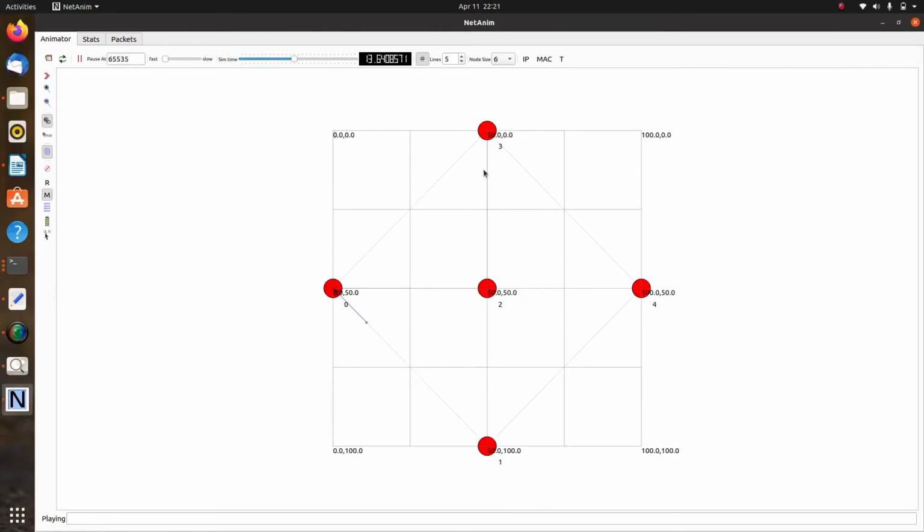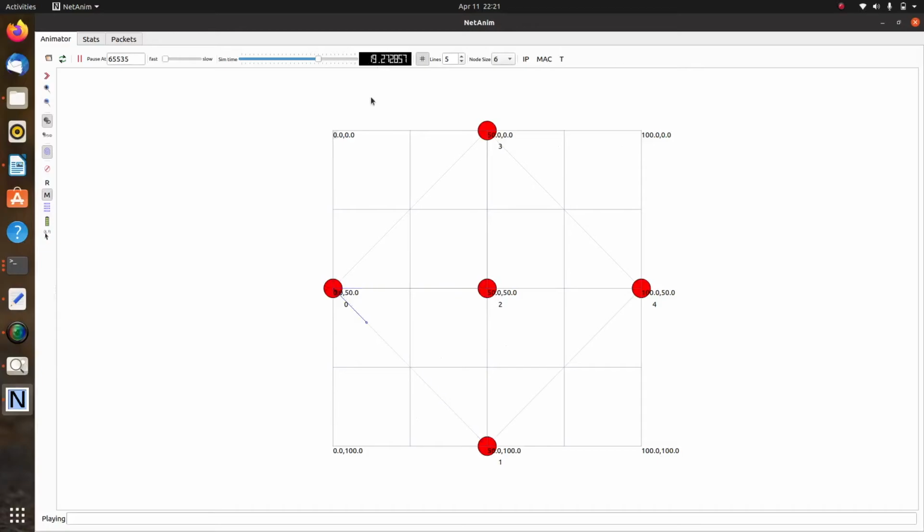So that's why 1, 0, 2 is the path that we have. You can see that the maximum packets are going from 102. This is based on the link state routing protocol, according to OLSR, the optimized link state routing. Some packets are moving between the other nodes, but maximum packets are moving via 102. So this is the perfect simulation of link state routing.